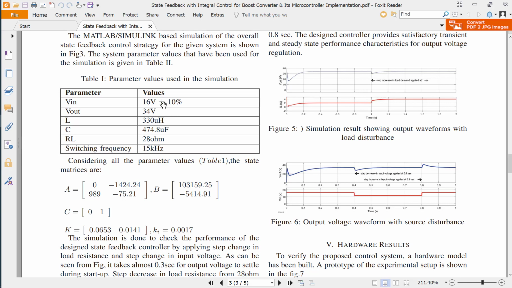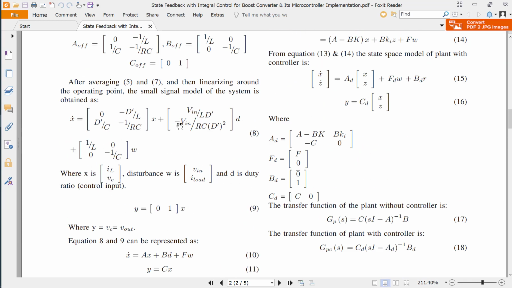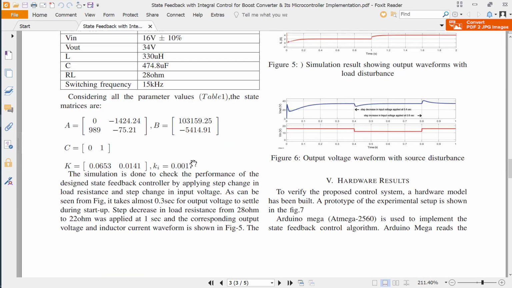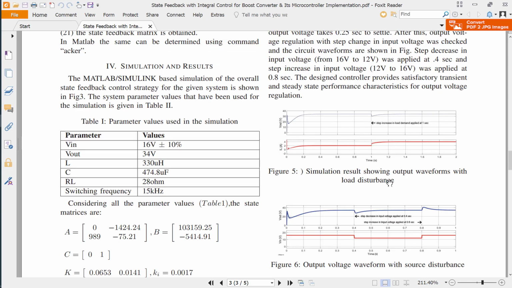Also, there are system parameters for the boost converter. From this model we can get the A, B, and C matrix in the state space form, and then there are the state feedback gain and also the integral gain here.